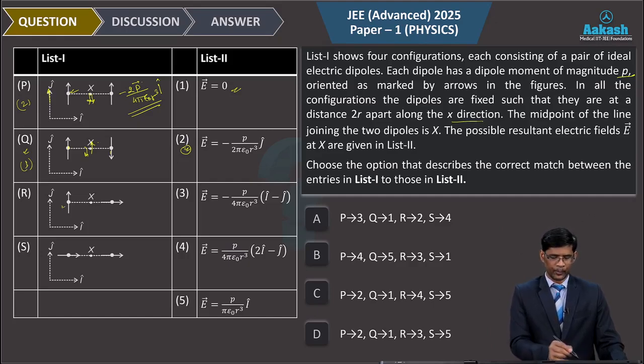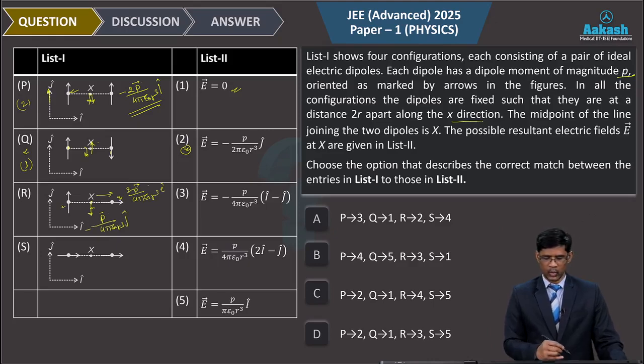For this case now, at this point, the electric field contribution along this direction will be equal to p divided by 4 pi epsilon naught r cube, and for this dipole, this point is at the axial point, so it will have the contribution along this direction, that will be 2p divided by 4 pi epsilon naught r cube in negative j direction. So let's see the options here. In x direction it is p, and in j direction it is minus of j, so this one is matching